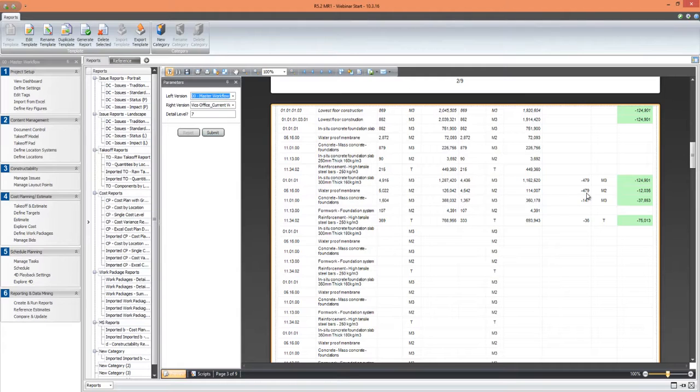So we're really looking at how dynamically linking our quantities to a takeoff can benefit us in the long term. The reasons why this is useful is because if we find out we've had an error in our takeoff, we can go back and amend it. If we have new designs, we can automatically update our cost plan and see the impact of those new designs